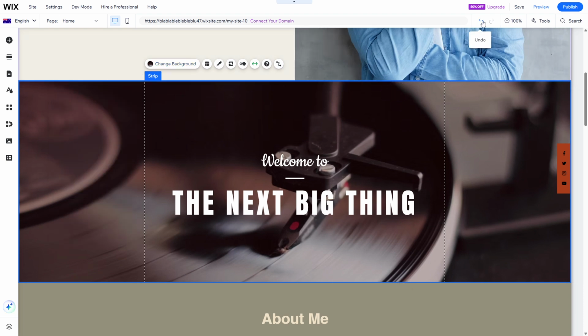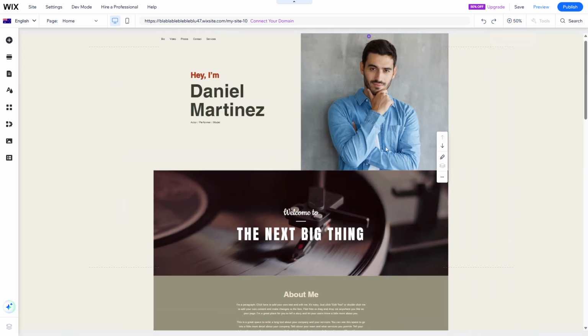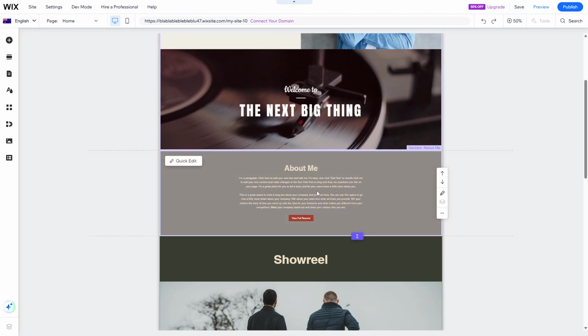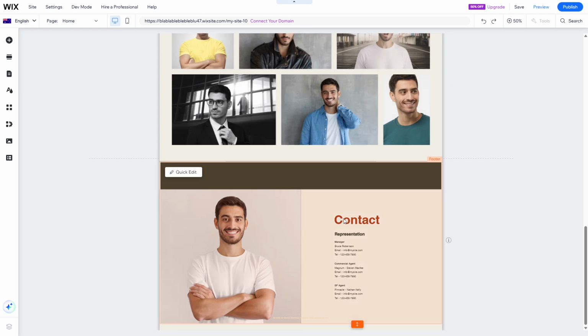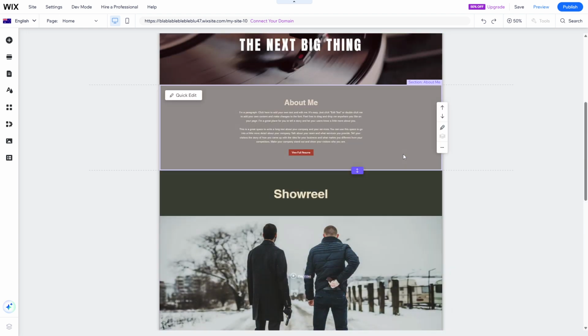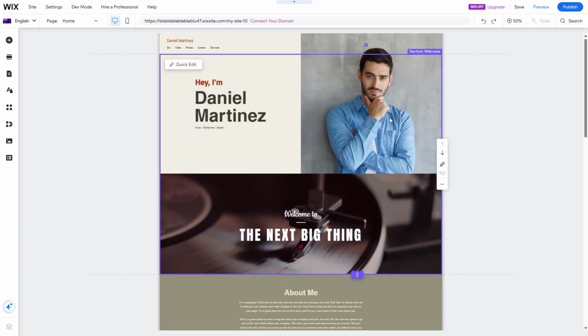Moving on, let's explore sections, which are essentially the main containers of your web page. Think of sections as the fundamental building blocks of your site structure. They are crucial because they define the major areas of your web page, like About, Services, or Contact. Each section acts as a distinct area where you can house related content, and together they form the backbone of